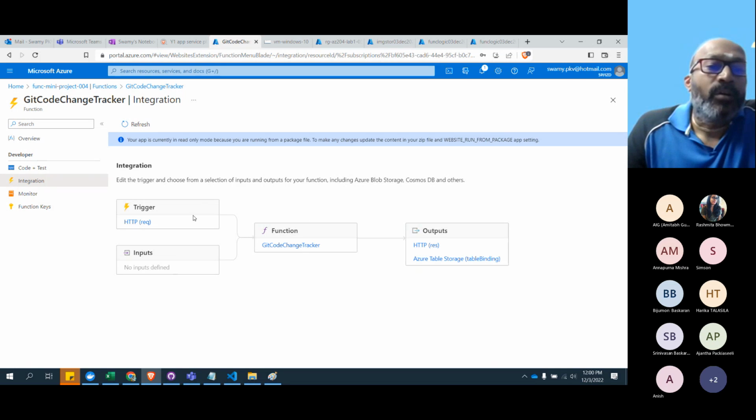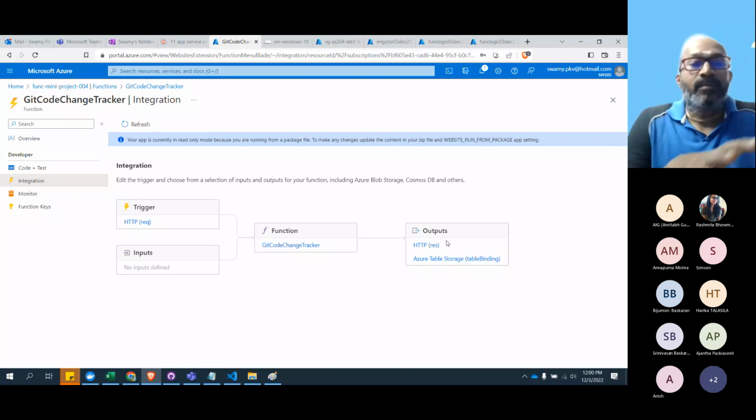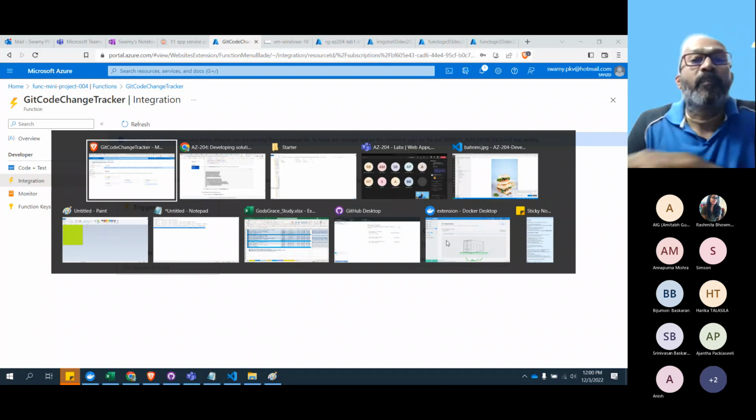OK, so an Azure function will always have one trigger. Only one trigger. You can have one or more inputs and one or more outputs. So with this pictorial representation in our mind, let's go and read the code.